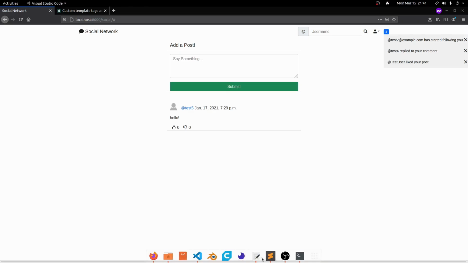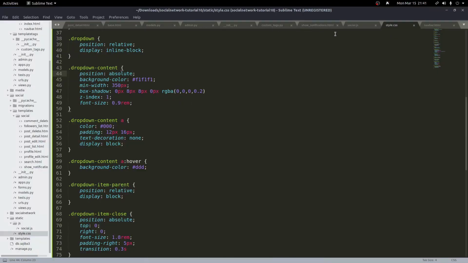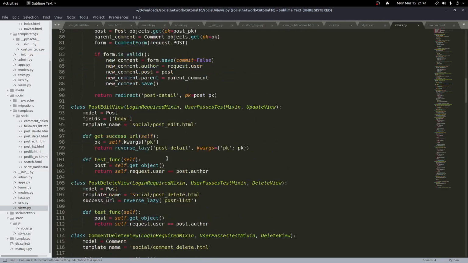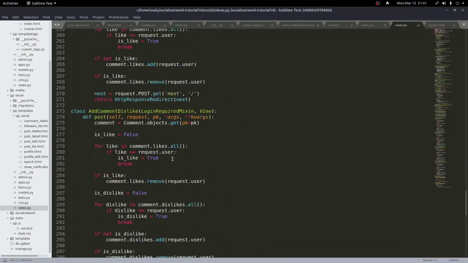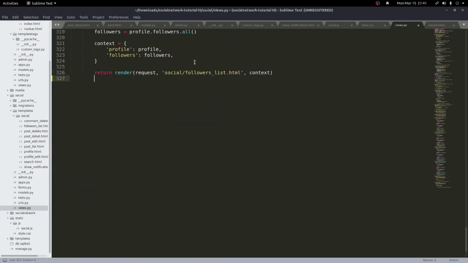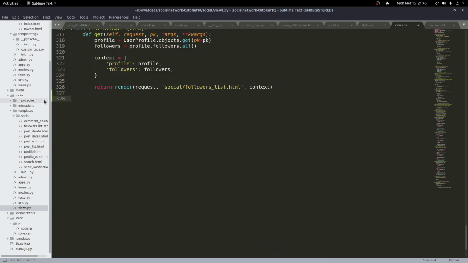So I'll open up my text editor here. I'll jump into my social views.py. So I'll find that down here and I'll scroll down here to the bottom. And let's add something here. I'm going to create a class here. We'll call it PostNotification. And this will handle any post notification that we have. So I'll pass our generic view class, and then I'm going to create a get method. So def get, pass in self, pass in request,